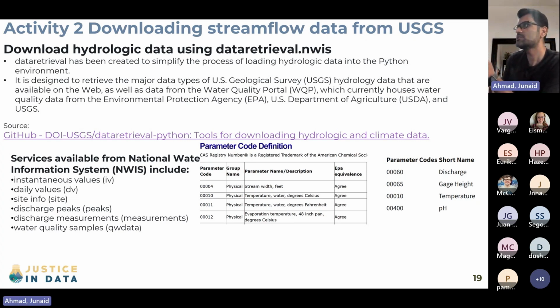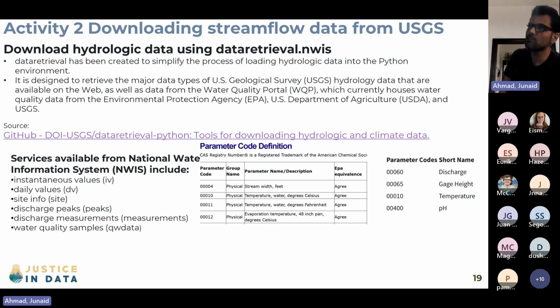But if I go to the USGS website and go through the steps, there is a bunch of data available, and I will need to scroll and select and specify my particular data. That will take some time, and then you reach a point where you get this data and start analyzing it. But dataretrieval is one of the libraries that has been developed that gets you data from USGS, and it uses a service called the National Water Information System, NWIS, and it offers different